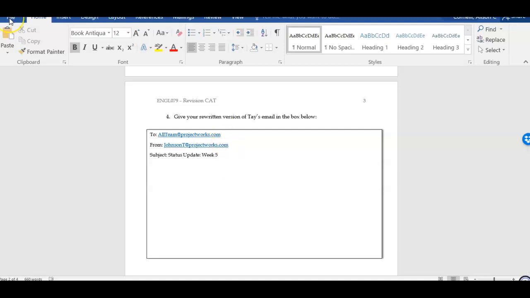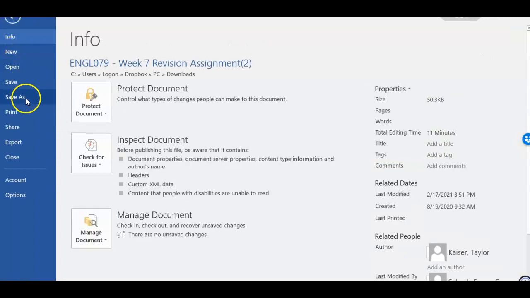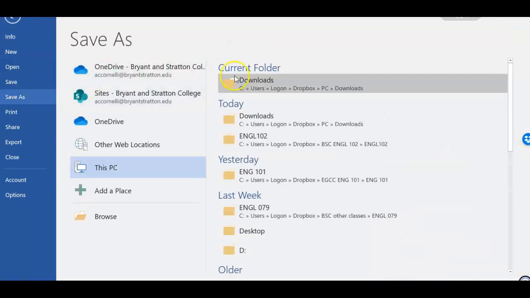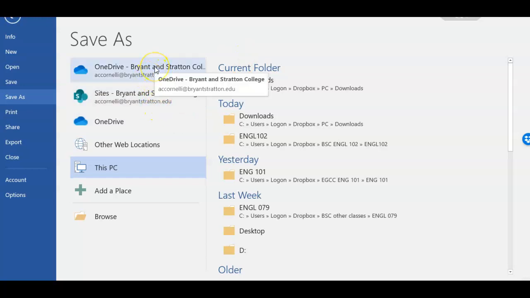So what I always do is I go to File, go to Save As, and there's a couple different options. You could choose OneDrive, which is your cloud-based system that you could access on any device when you log in.